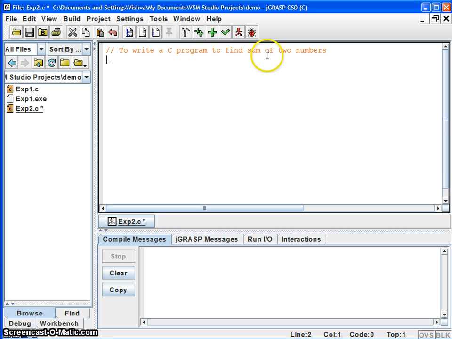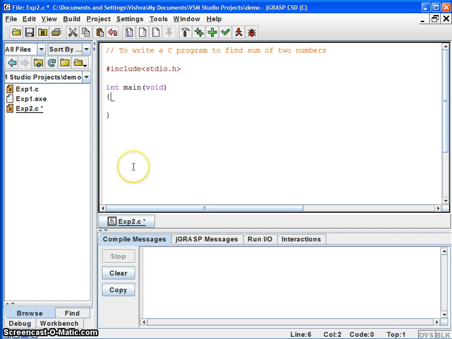So how do we start? That means first we have to include the header file. So we have done that, and once you have the header file, we need to have a main program, and we have done that.